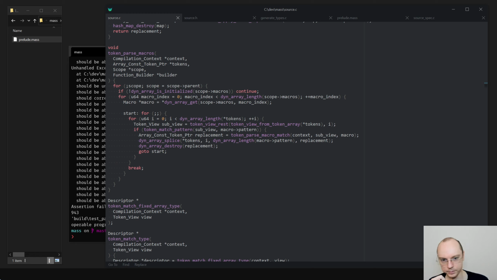Interesting. So this is actually not a new bug. It's a bug that was here before that. So that's actually interesting, because this token match pattern should return a token view, I guess, to say how wide is the thing that it actually matched, or it's not even that it needs to return a token view, it needs to return like a mapping.